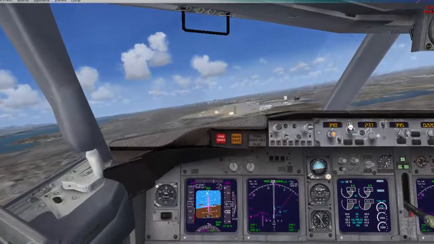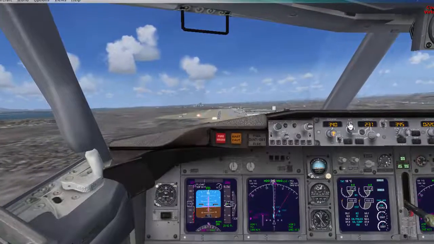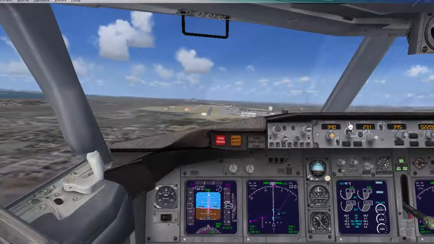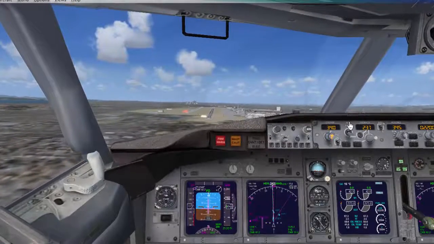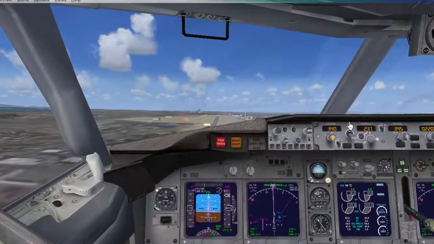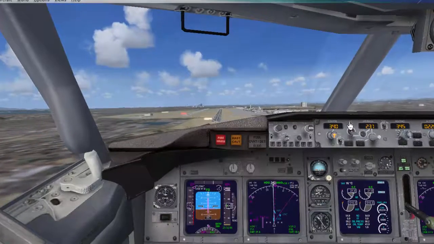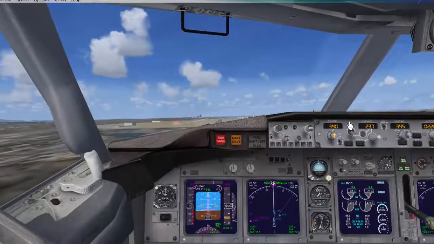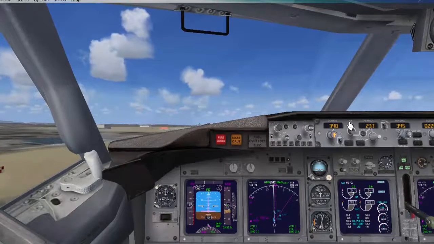So I'm going a bit too slow now, so I'm gonna speed up. Okay, I'm too far to the right. And we're just gonna land now. I'm just gonna talk through the landing. Whew, this is a lot that I'm doing. I'm moving my mouse around all over the place, trying to get right in the middle of that runway as we land here. So, okay, we're over the fence